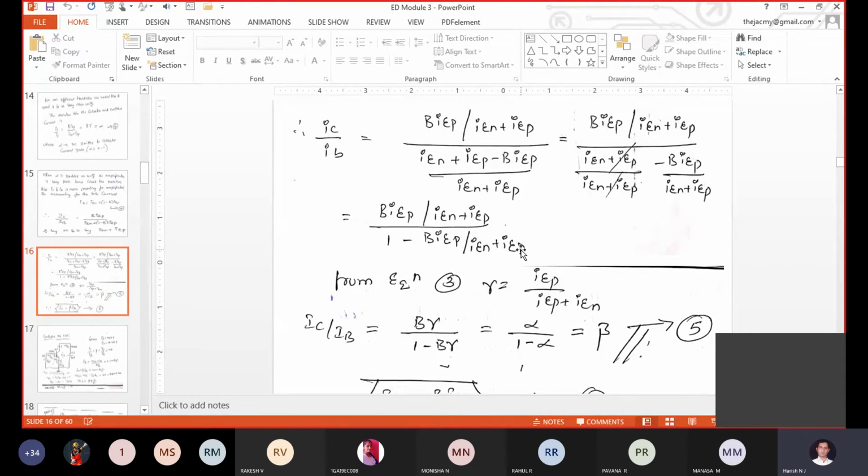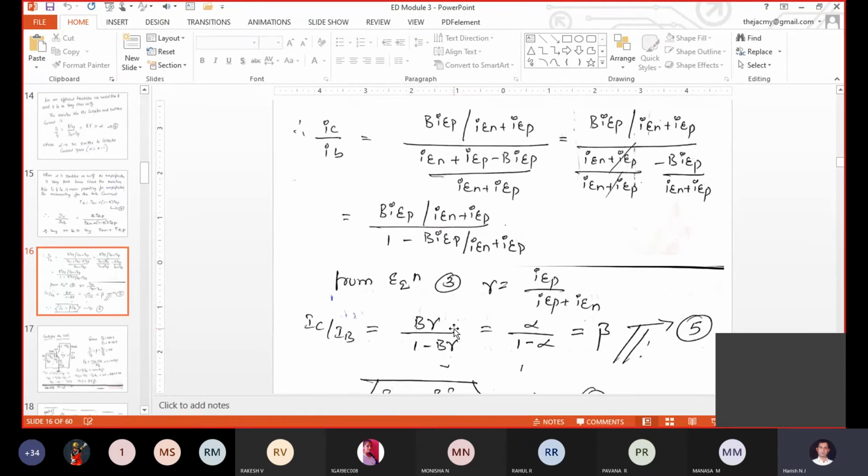So as per our previous discussion, emitter injection efficiency, the value is gamma. Gamma will be equal to IEP divided by IEP plus IEN. Correct. So numerator ಕೂಡ IEP divided by IEN plus IEP ಇದೆ, denominator ಕೂಡ IEP divided by IEN plus IEP ಇದೆ. Correct. So now replace that ratio and put the gamma symbol. Gamma symbol will represent emitter injection efficiency. So now your above equation will get simplified as B times gamma whole divided by 1 minus B gamma.